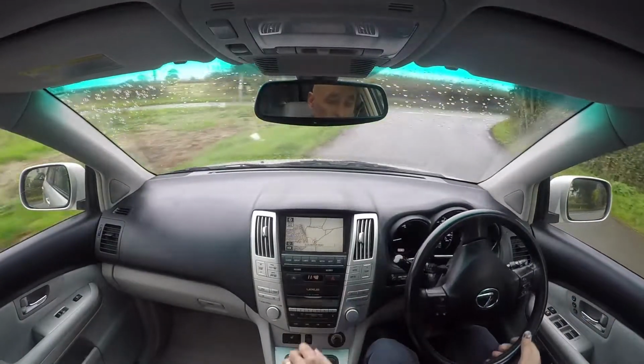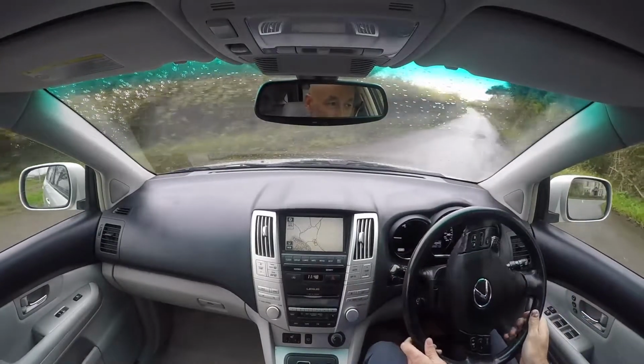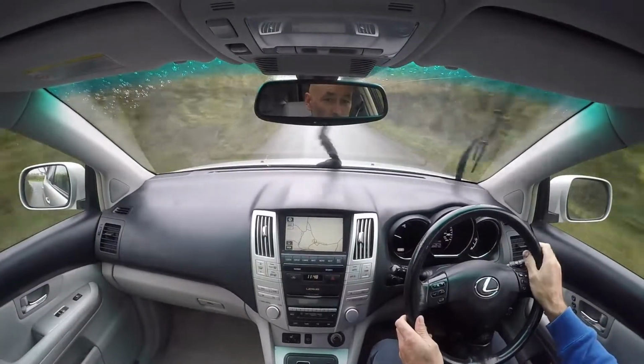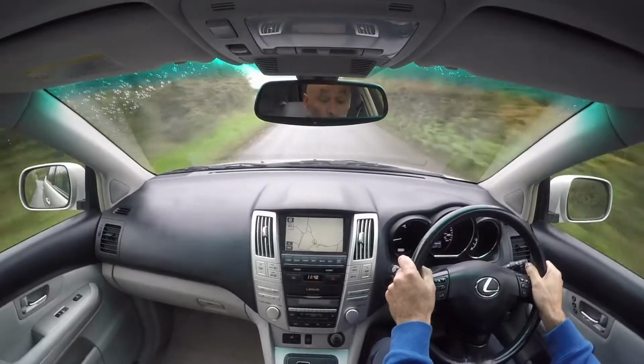But sat nav's working perfectly. Air conditioning works absolutely fine. It does pump out lovely cold air. But the switch gear, again, the quality of the switch gear is quite extraordinary. You know, these are built to take mega miles. I actually took one on part exchange